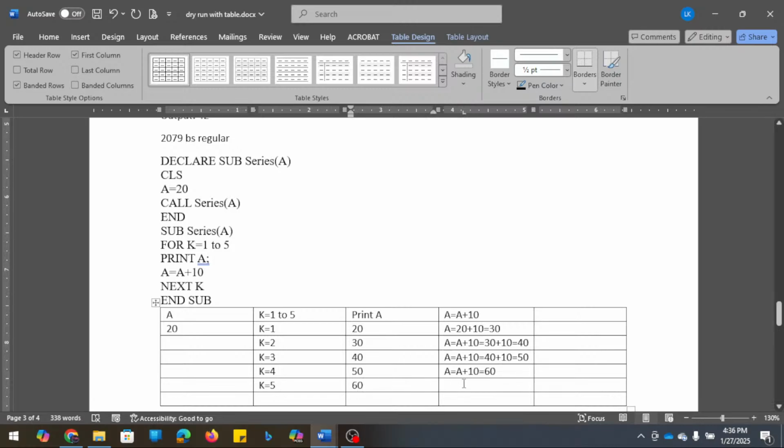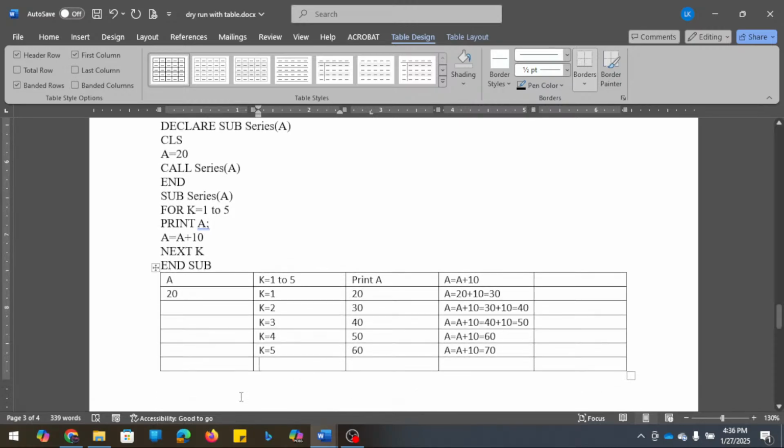Okay. Now next a equals a plus 10. So it gives us 60 plus 10, 70. So after that k becomes 6. The condition becomes false. So we won't get that. So it means we are going to get the output,